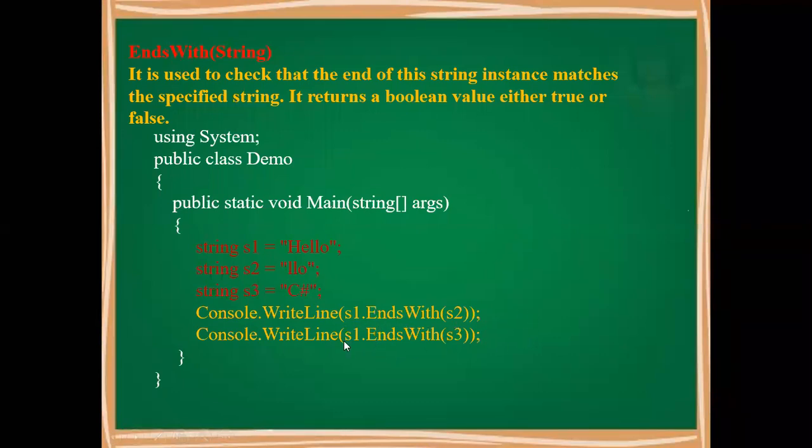Let us check with the last line. s1.EndsWith(s3). What is at the end of s3? C sharp. Is C sharp at the end anywhere? No, it is not. So it will return false. True and false. Why is this particular method given? In the example we are taking a simple case, but in dynamic programming, whenever you want to check what the user entered, if you made it mandatory that the last two words should be this, you can check whether they did it or not.